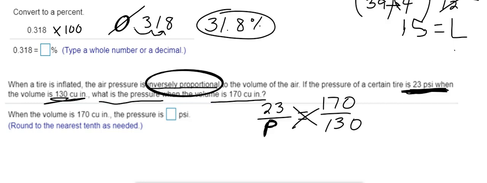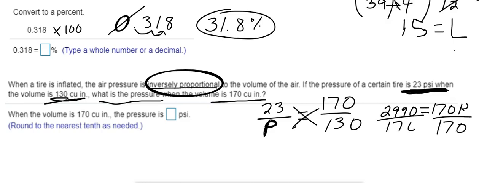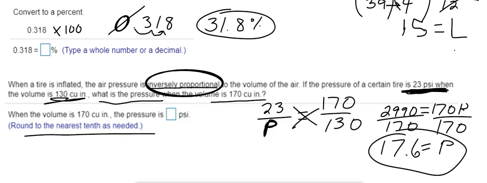And then when we solve this using cross multiplication, we get 23 times 130 is 2,990. That's equal to 170p. And now we divide both sides by 170 to get our p-value of 17 point, to the nearest tenth, round that up, 17.6